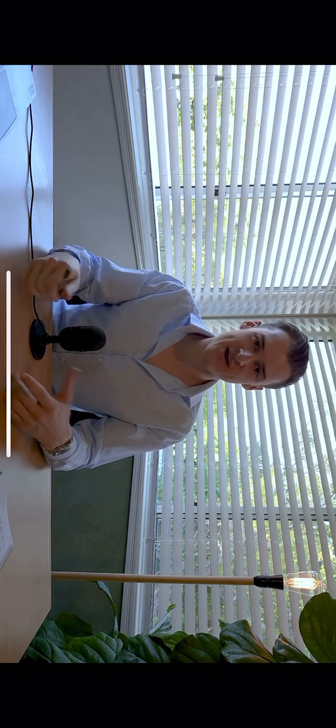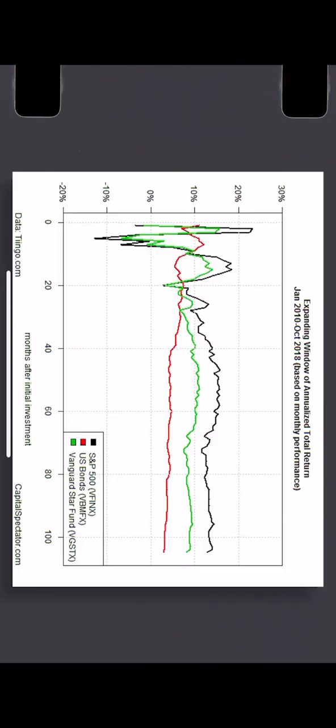But I actually have a graphic that kind of shows this. So on the screen right now, you see a chart, which is going to show